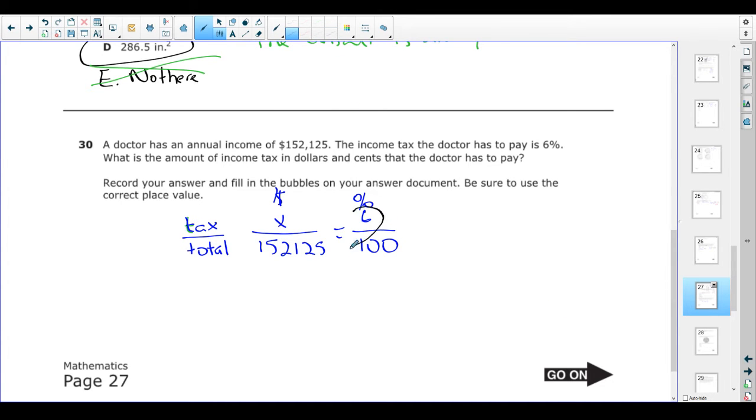And then we just cross multiply. So we've got all this here. So this is going to be the hard part. 152,125 times 6. Actually, this isn't too bad because it's the same numbers over and over. That's 30, 15, 7, 12, 1, 9. Double check. My math hasn't been too good today. Okay, good. And then if we divide that by 100,